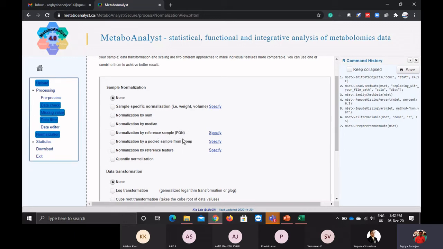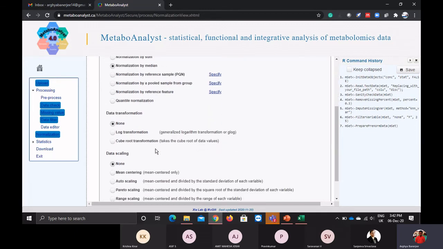If you have used a pool, you can normalize by that kind of pooling. I told you why normalization is important: handling deviation, batch effect, instrument errors, they can all be brought to the same scale with the help of normalization. I will generally go with median normalization, but in your case you are free to select any of these which better suits your sample.